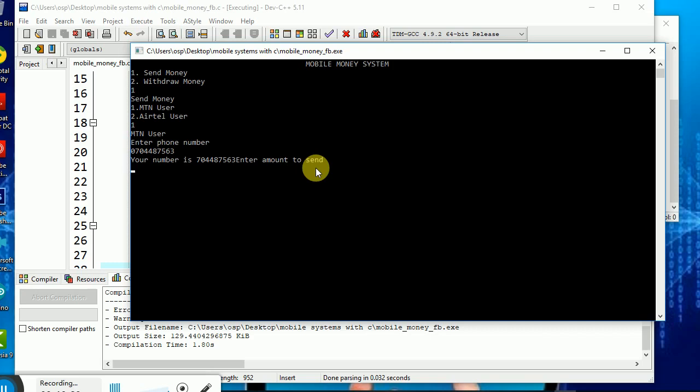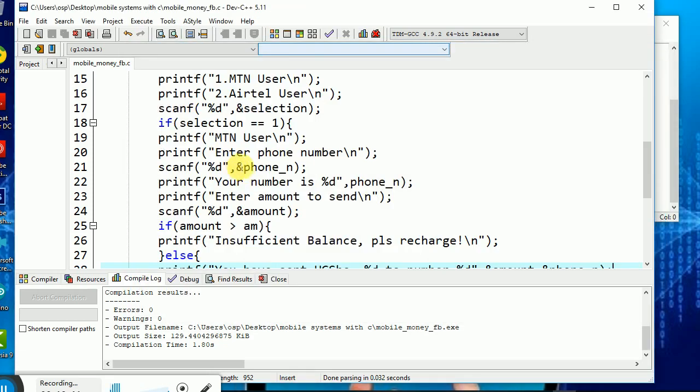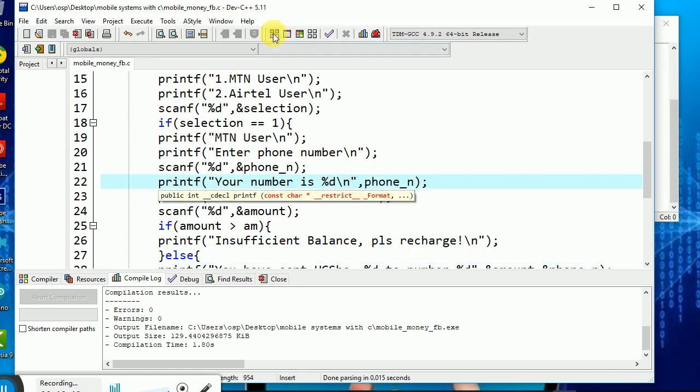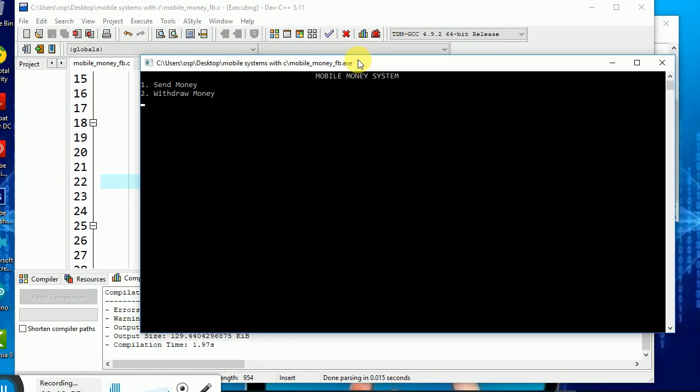Now remember, amount to send, we say if it is less than 50,000, it's good. Otherwise, if it's more than 50,000, although it is 50,001, it is wrong. So it's sufficient for us because we don't have that amount of money in our system. So enter. Your phone number is, come here, put \n, good to go. Now just check back the system, compile the system once more, and then you find yourself going. If you've been really following me from my beginning point when I was doing this video, by now you should be clapping hands because you're about to finalize making up the system.